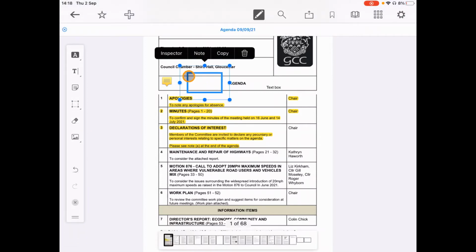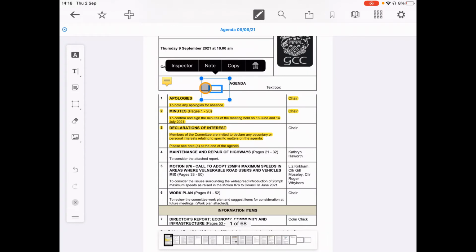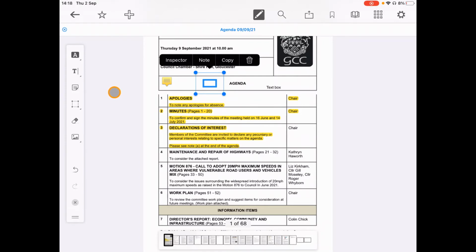Once again, you can click on it and make it bigger. You can move it around, and it just looks a lot nicer than using a freeform pen. Okay. The one down